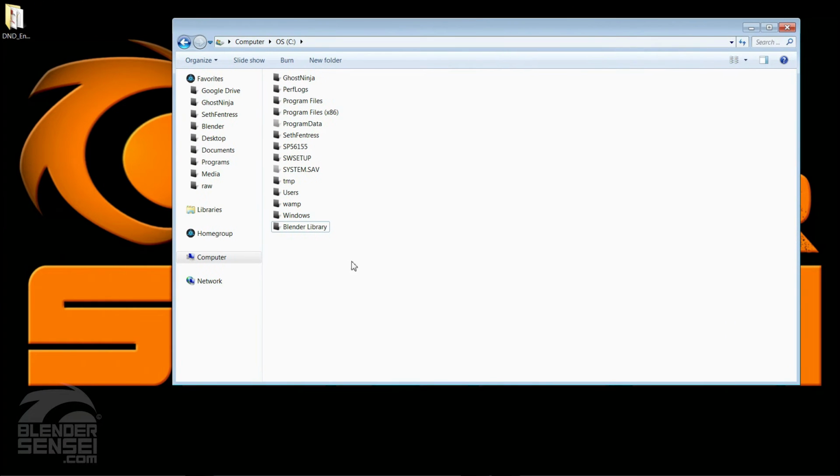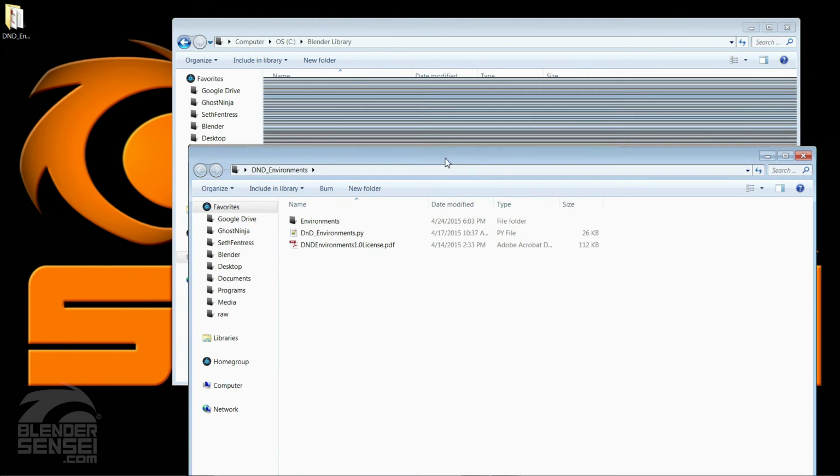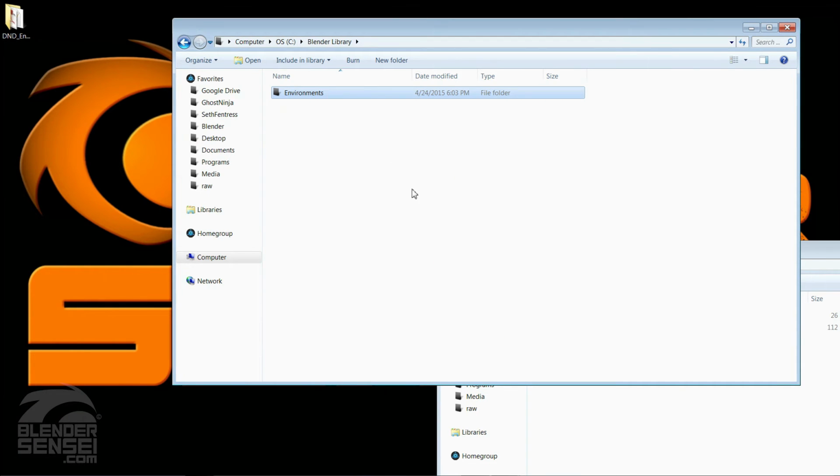And so I'm going to go inside of that and then open up my DND Environments folder, and then we want to drag our environments into this location. So this would be a great location to keep projects, textures, brushes, any kind of assets you want to have quick